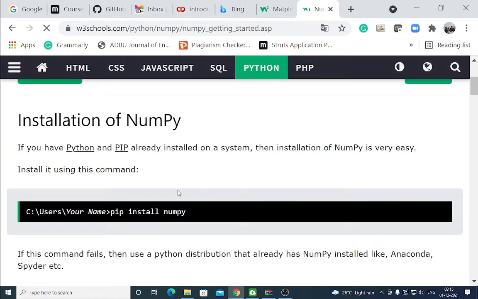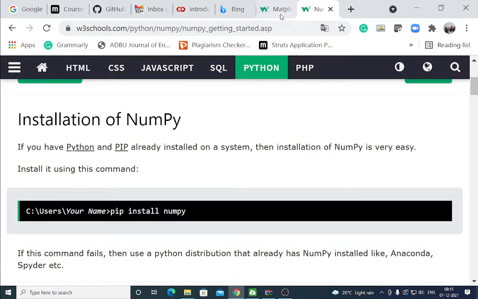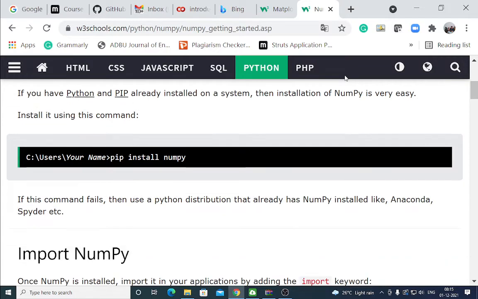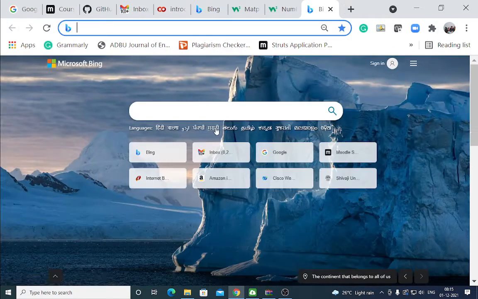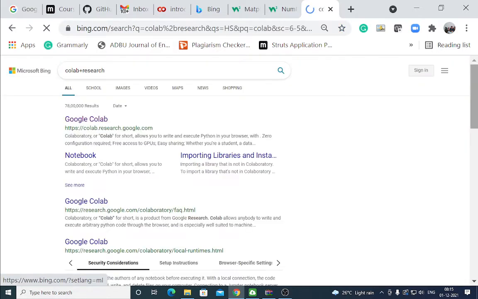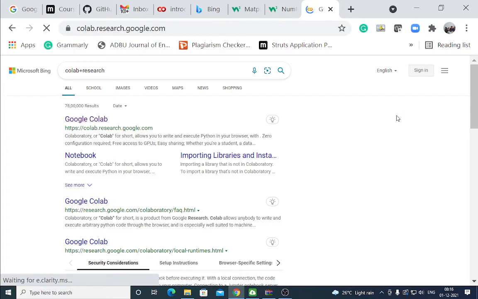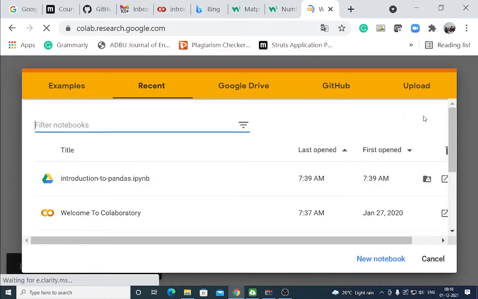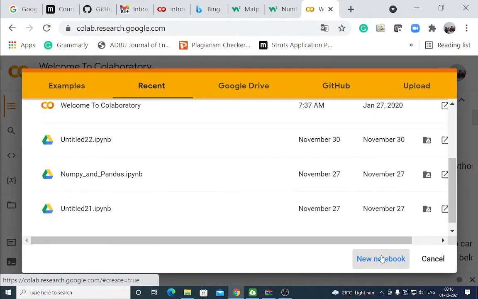How to install NumPy? Using pip install numpy. Suppose you use Google Colab research. It is a cloud-based Colab environment. Give new notebook.